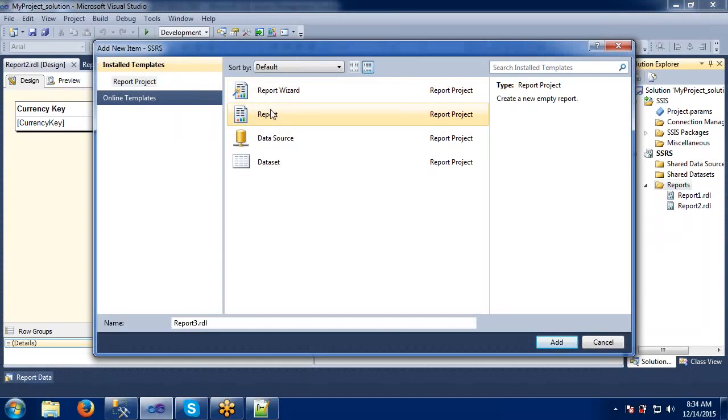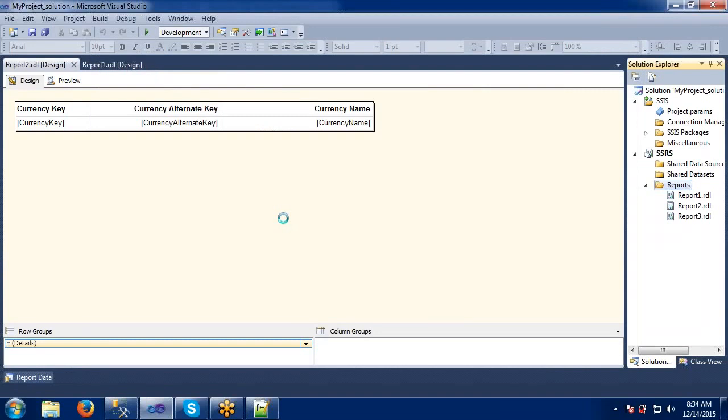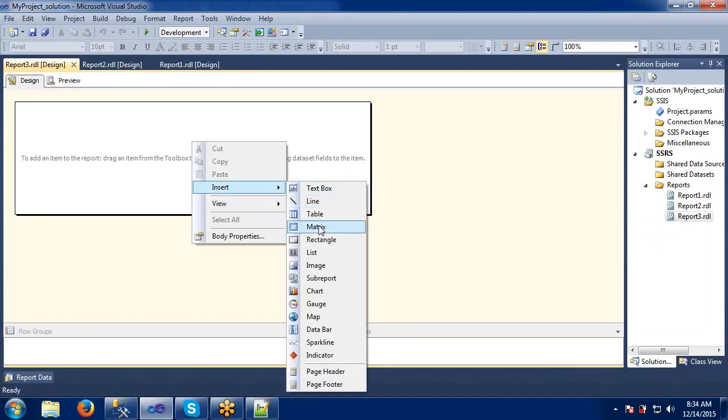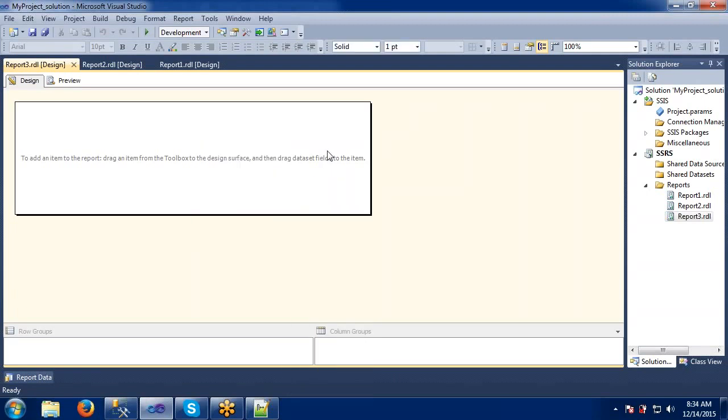Both are the same, just we have some more additional features in the report. I'm just showing this once again. Here it will show us a normal template. In that we can create a table and matrix. If you remember, in the wizard there are only two options, table and matrix. But here we have many more options available when creating the report normally. Okay.